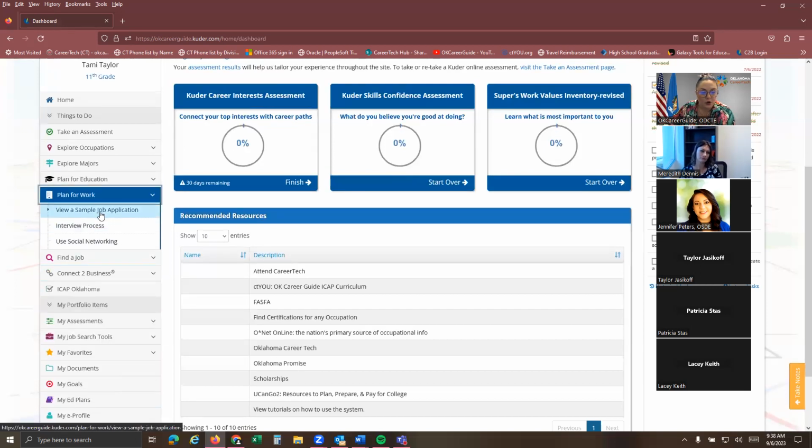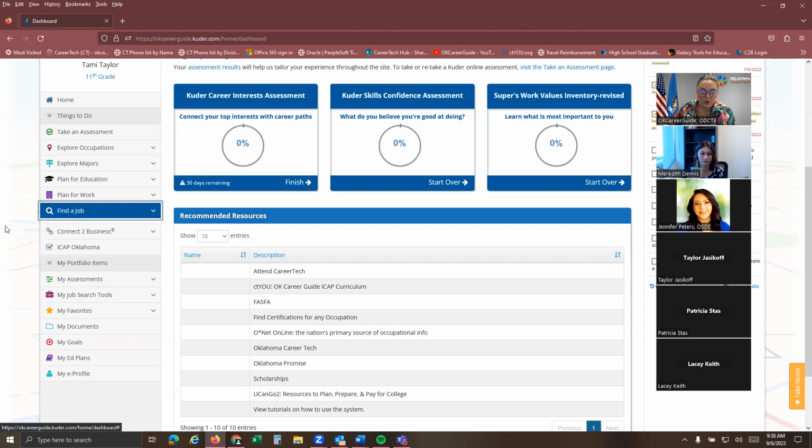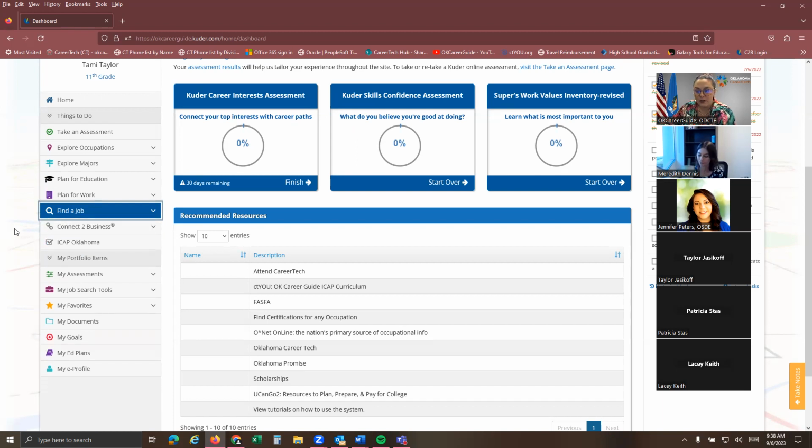They can plan for work, so they can look at sample job applications. They can prep for the interview process, with little notes about using social media. They can also search for jobs through our Connect to Business portal, which is right down here, and so forth. So I really love those features. Please play around in those and dig a little.